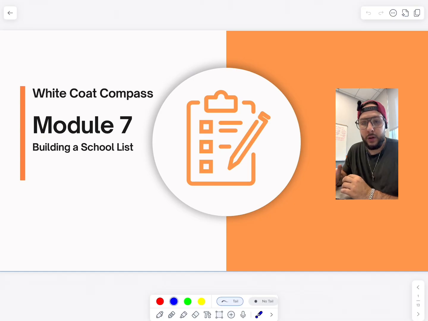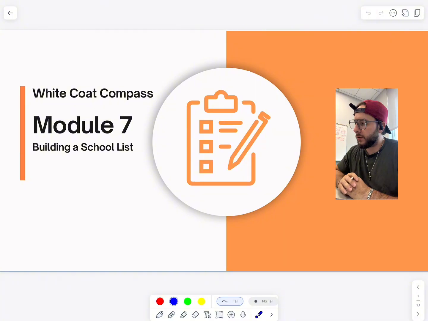Ultimately, at some point, you have to decide where you want to go to medical school. You have to make a list of schools that are interesting and attractive to you, and you have to figure out the strategy you're going to use to make that list. At the end of the day, there's over 180 medical schools in the United States when you include MD and DO schools together. You can't possibly apply to all of them, or at least I hope that you wouldn't. And so you have to find a way to narrow down the list of schools that you're going to apply to.